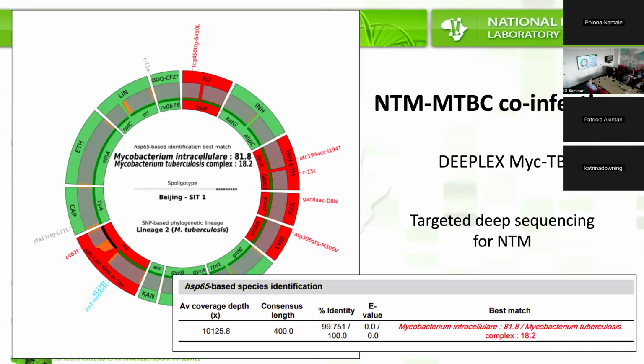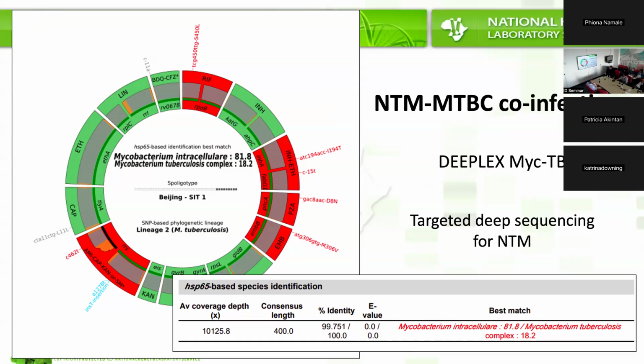This is something that all the microbiologists, in fact, anyone in this room should take note of. And this is a national change. It's the targeted next generation sequencing, the Deeplex, that's being done on all the drug resistant cases. And this is an effort to get results quicker compared to the normal phenotypic ways of getting the drug susceptibility. And what Deeplex could also do that you may not be aware of, it can identify co-infections, like in this case. So you see that it looks at the heat shock protein.